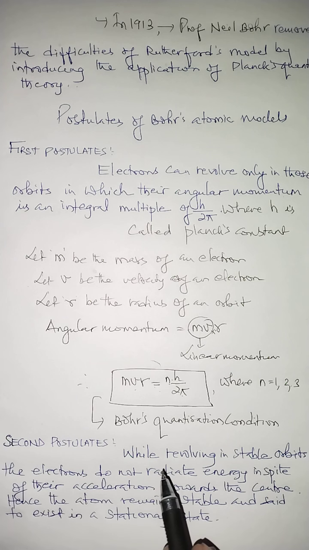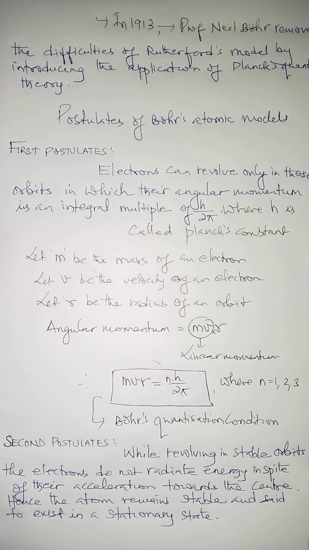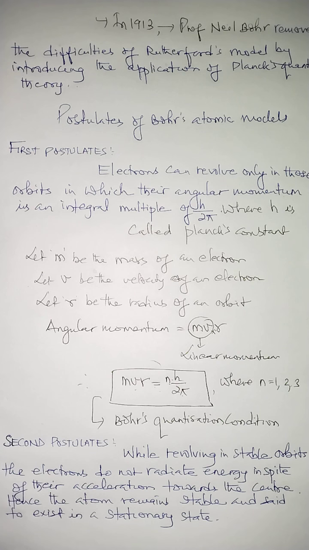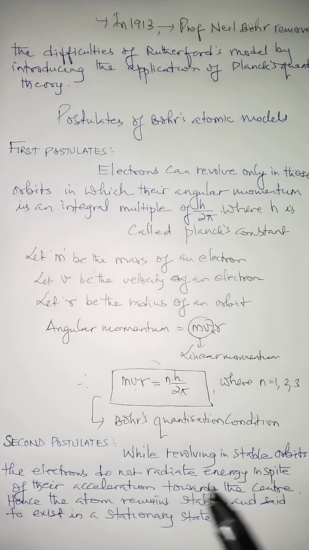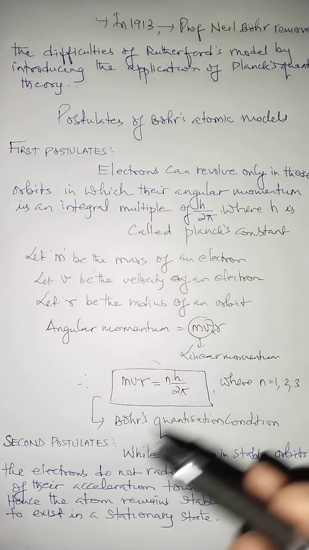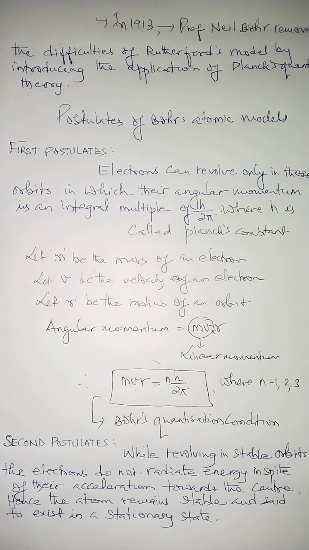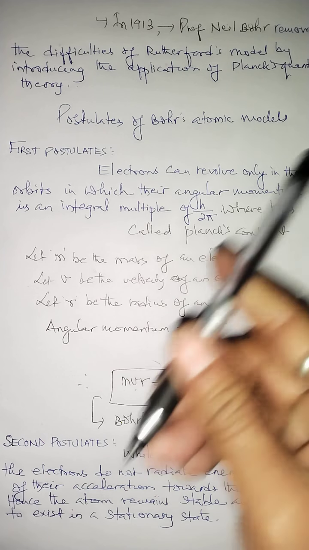But when an electron revolves in a stable orbit, the electron does not radiate energy. When electrons revolve in a definite stable orbit of different radii, they revolve, no doubt, but they do not radiate energy. They cannot eject electron energy, in spite of the acceleration toward the center. That means they are revolving in definite orbits, and definitely they acquire the centripetal force, and this centripetal force is actually due to